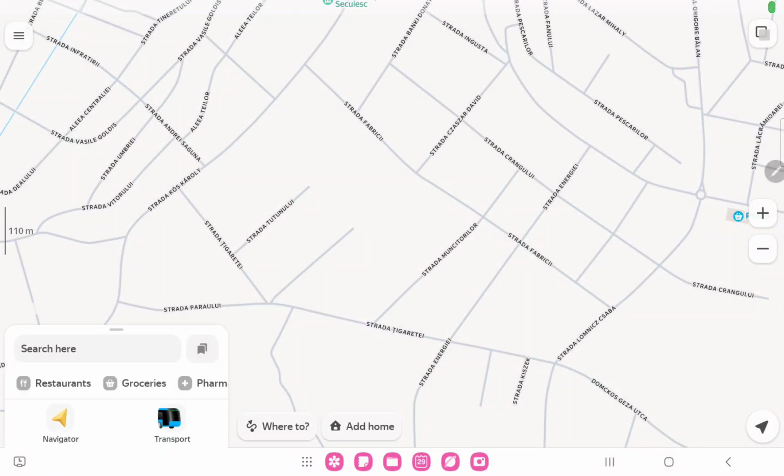Hello guys, in this video I'm going to show you how to turn on burn-in protection on the Yandex Maps